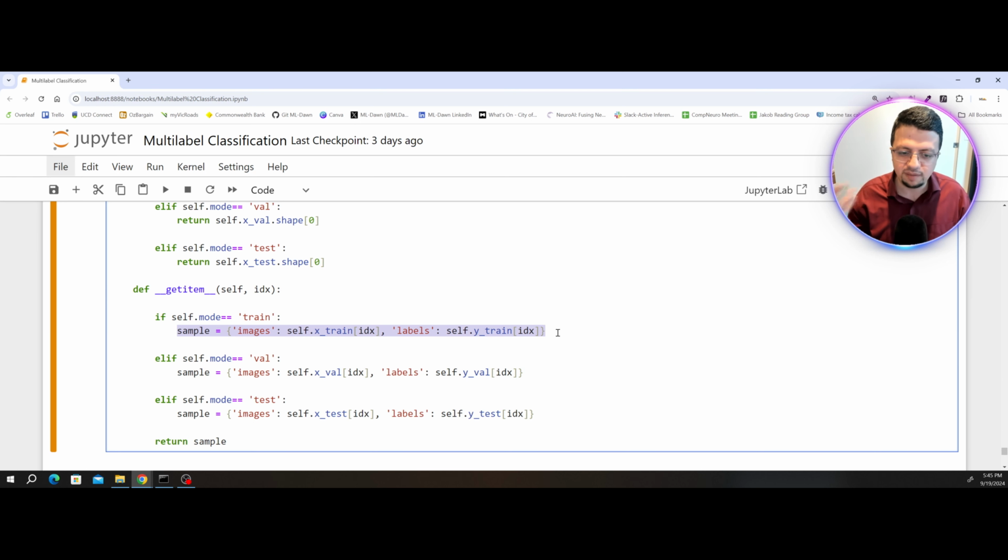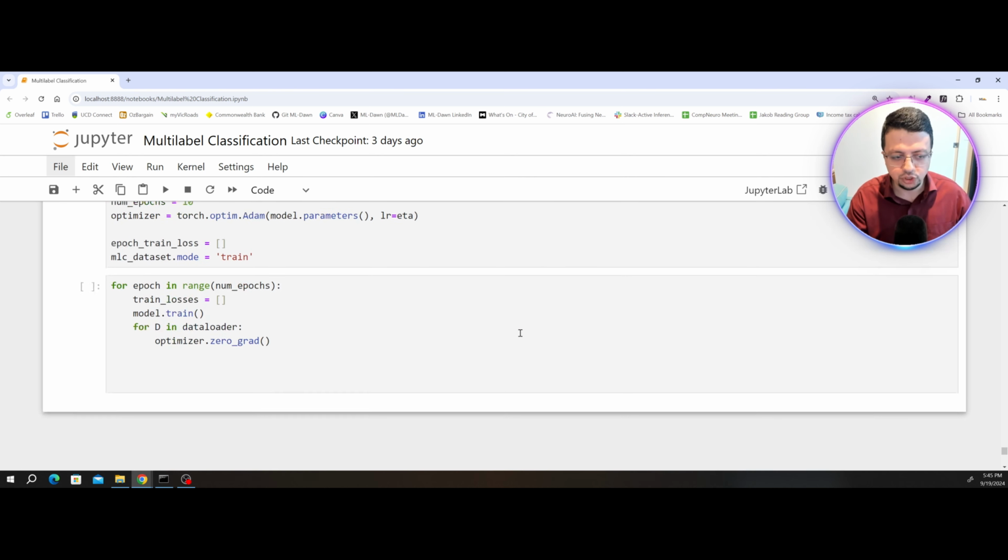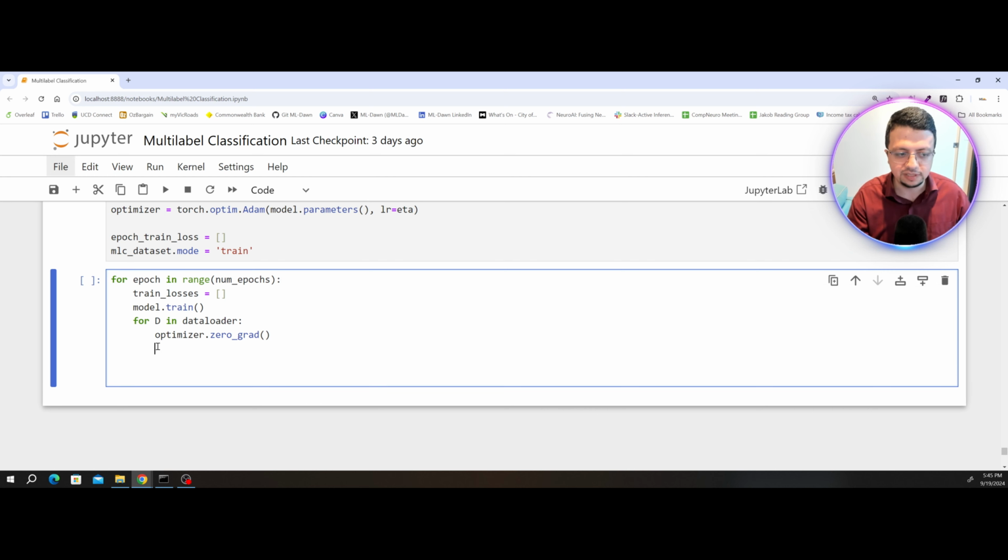So the keys are images and labels, and the values are the exact image in the xtrain that lives on the index IDX, and the corresponding label that lives in y underscore train in the index IDX. Okay, so it's important to note what we're dealing with here. This capital D becomes that dictionary. So if you want to access the image and the label, you need those keys in that dictionary to actually grab them. So let's say data is equal to the